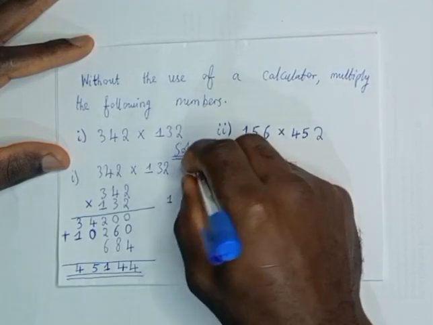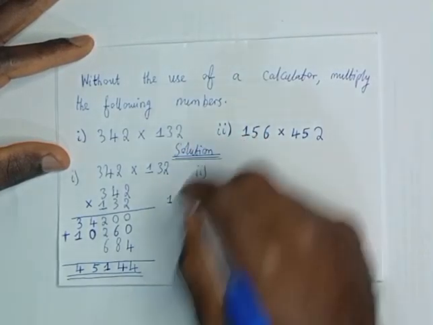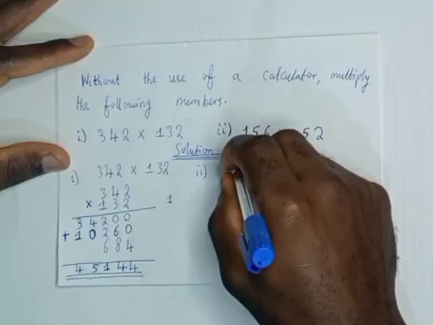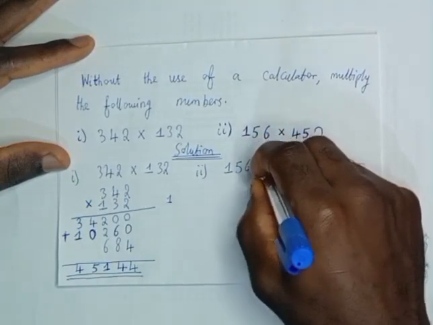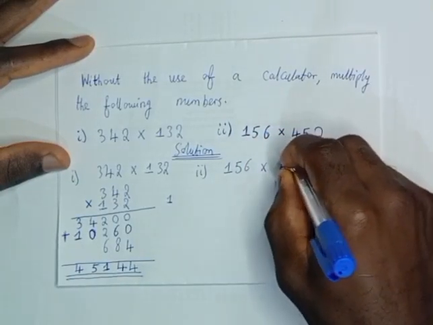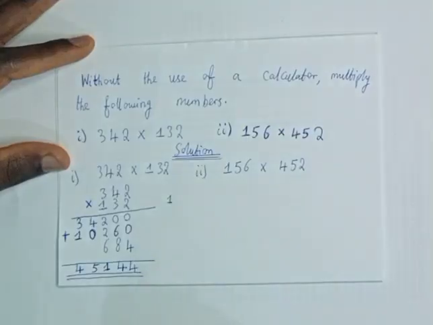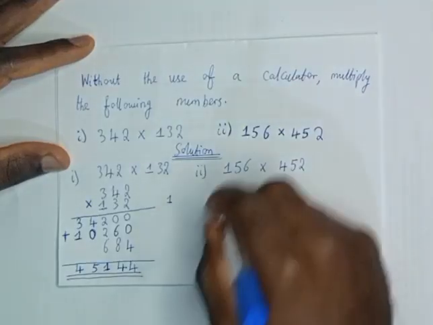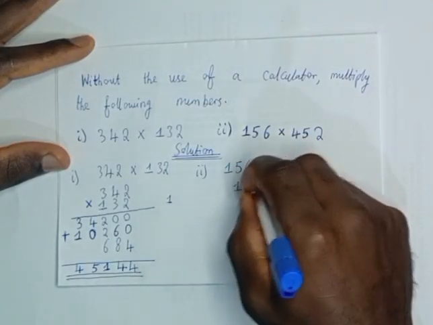We move now to 2i. For 2i, we have 156 times 452. We are going to start by arranging the two numbers. We have 156